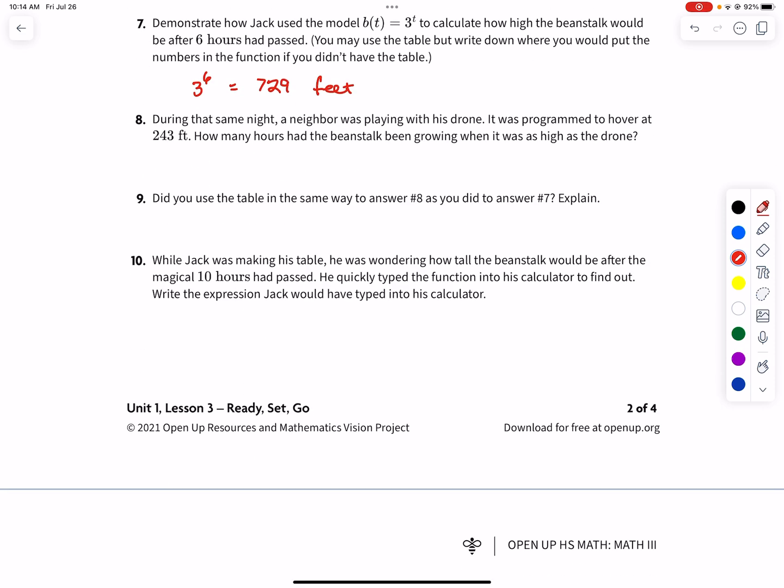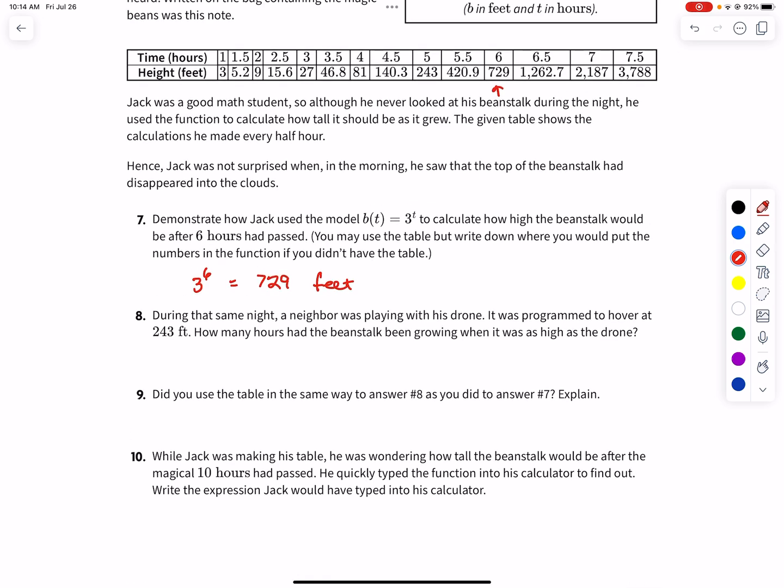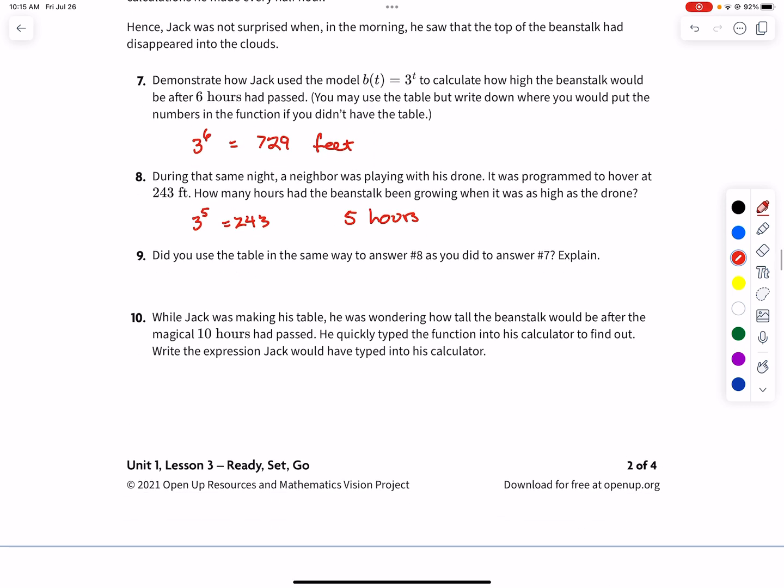Okay. During the same night, we've got 243 feet. We look for 243. Oh, look, there's a 243. So 3 to the 5 is 243. It's 5 hours from the table. Did we use the table in the same way? So, well, sort of, except